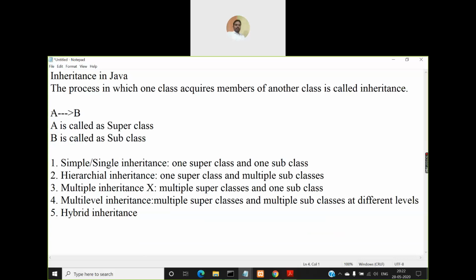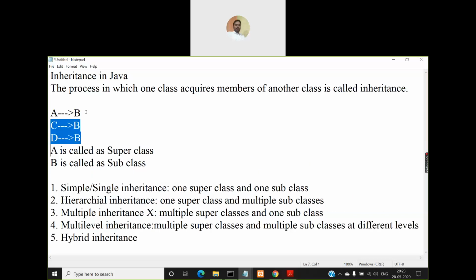In this simple example where A is inheriting its members to class B, we can say A is at level 1 and B is at level 2, right? Then we have seen examples where we have used the multiple inheritance concept, where B is acquiring members from A, C as well as D, that is multiple classes.